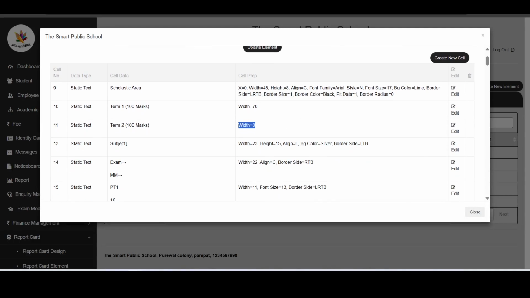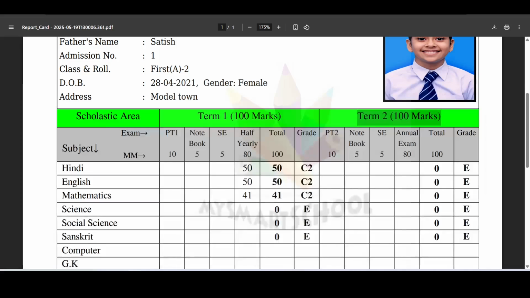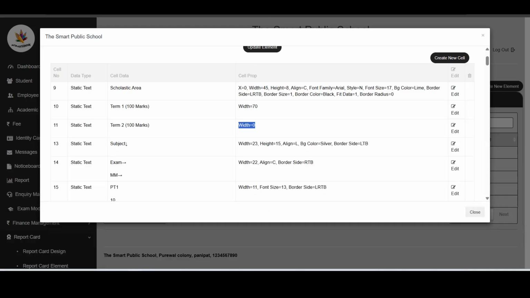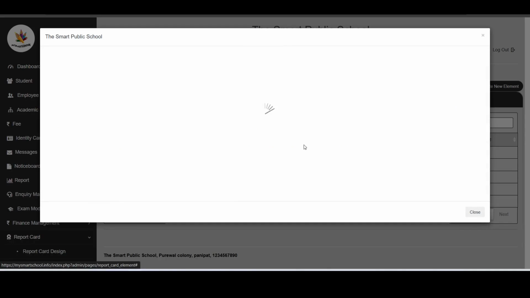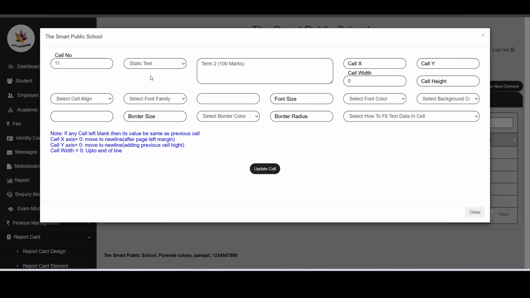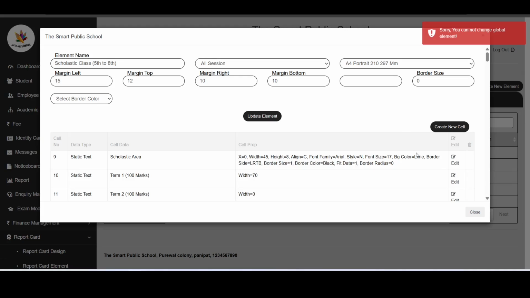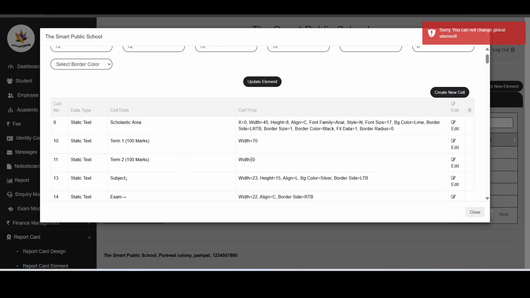In the same way, next we will move to the next line here. This is the next line, and in this next line you can see that we will just set the edit here, because the previous cell length is already up to the end of the line.